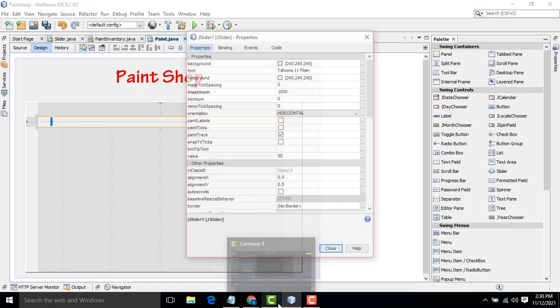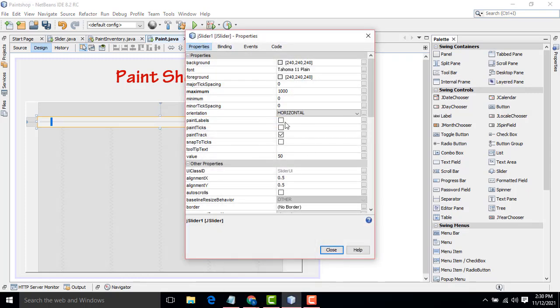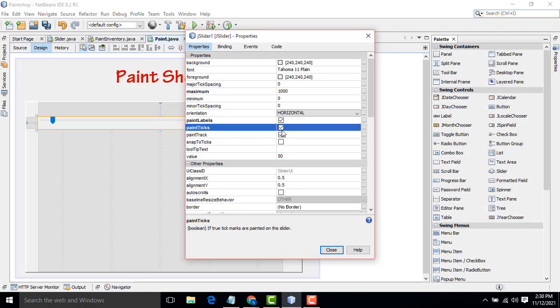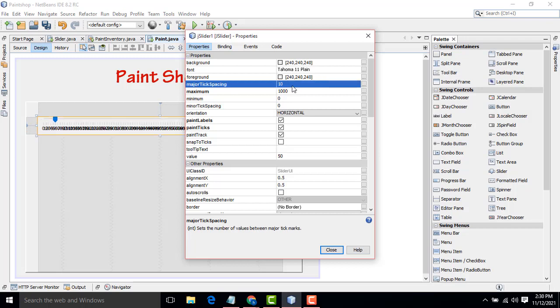I want this one as the label. Maximum 100. You have to check it here.